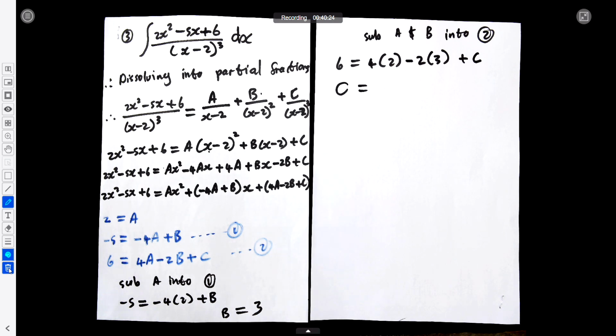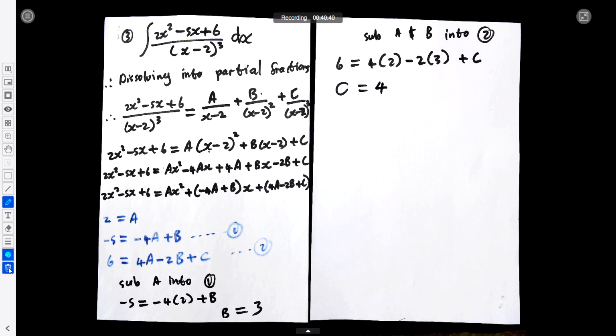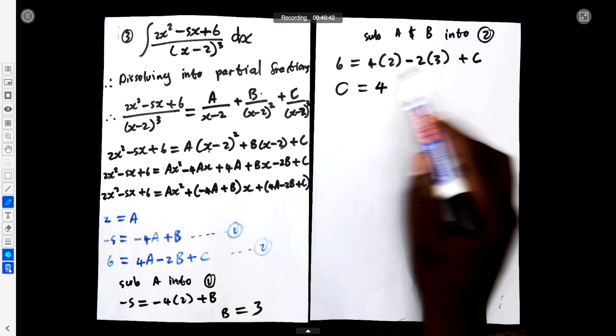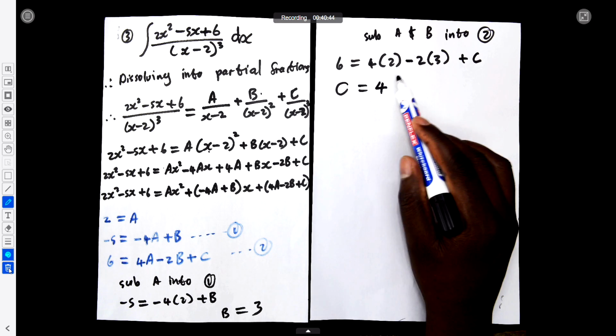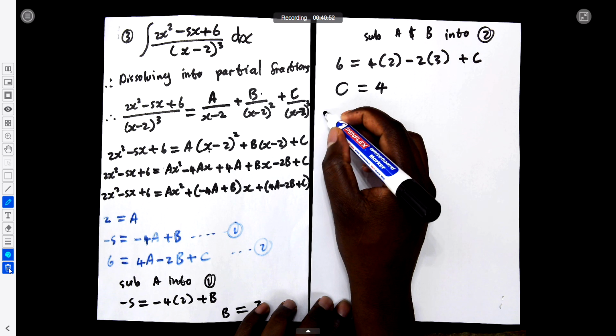Plus C there, variable C, to say not a constant. So when we simplify, it's 8 minus 6, which is 2. Take 2 to the other side, subtracting from 6. So we have 4, isn't it? So this gives us 2. Take 2 to the other side, subtract from 6, we have 4. So C is equal to 4. So we'll state that